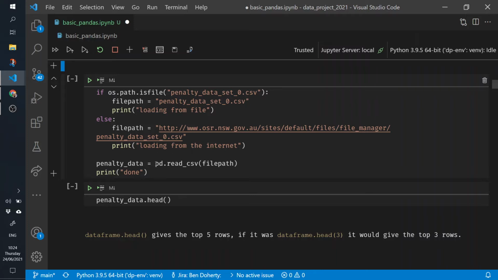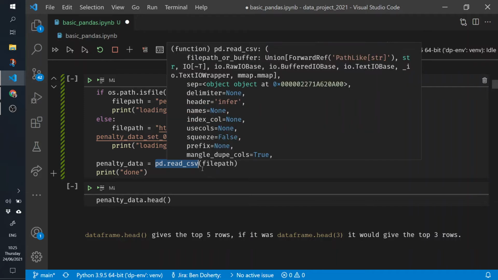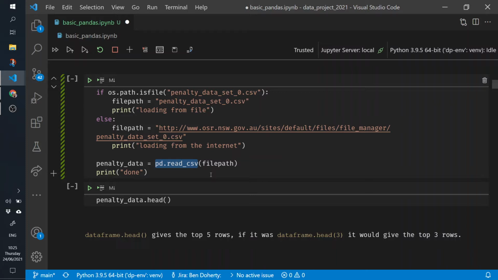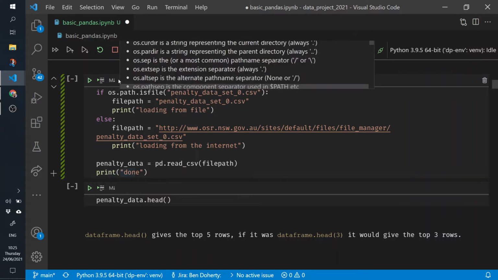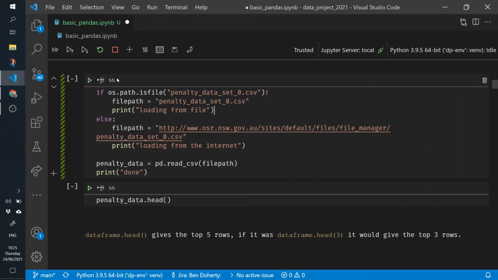Now, we're going to use this pd.read_csv to load the data. And there's a bunch of things here that we need to talk about. So the first of which is this chunk here, which is doing two things. One is that it's checking if we have the file or not, and then it's setting where we load it from. So the os.path.isfile. os allows you to interact with the operating system. path is for doing path type things like file paths,